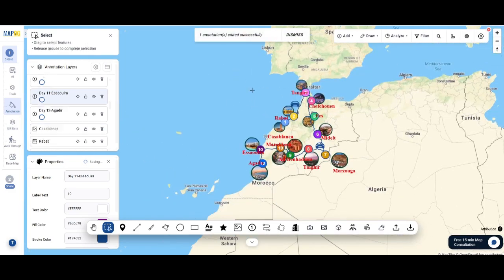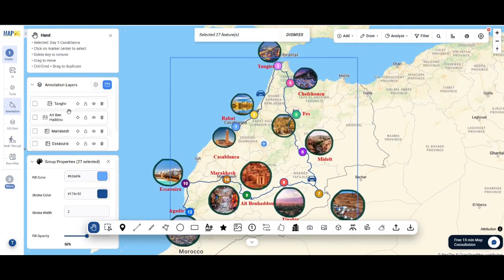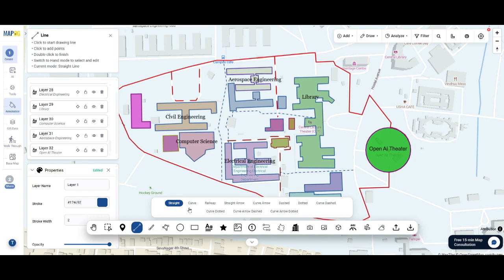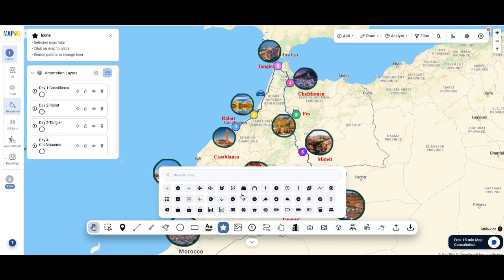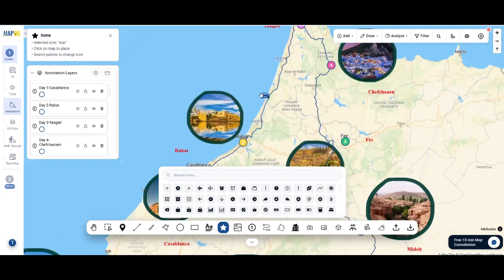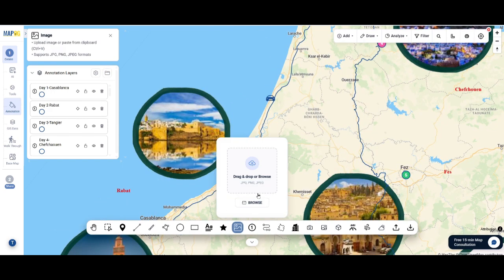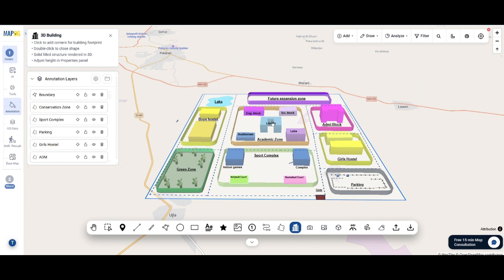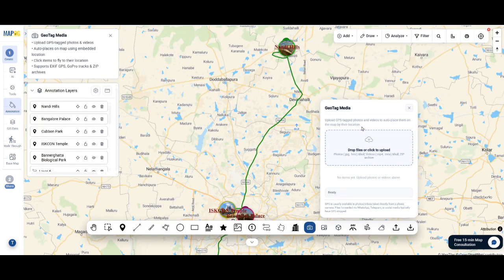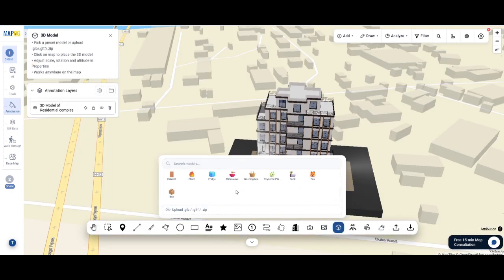You can use tools like Hand and Select to manage annotations, Line, Freehand, Polygon, Circle, and Rectangle for drawing custom features, and Text, Icons, Images, and Shape with Label to add information and improve visualization. MAPOG also provides advanced tools like Root, 3D Boundary, 3D Building, Geotagged Media, and 3D Model for creating realistic and